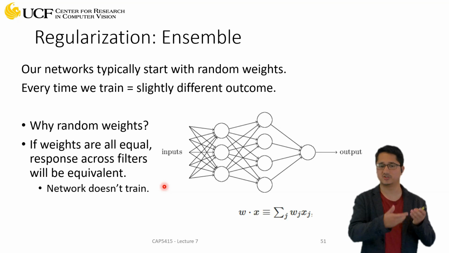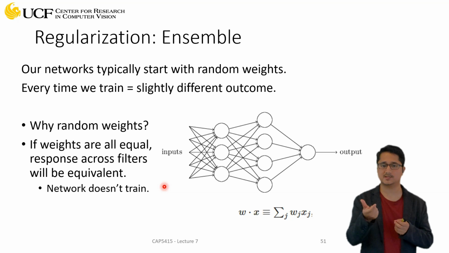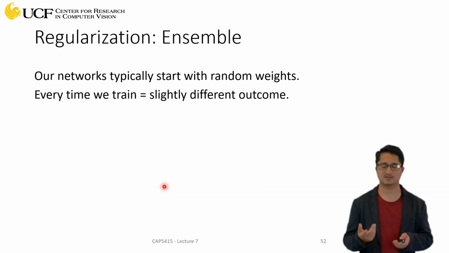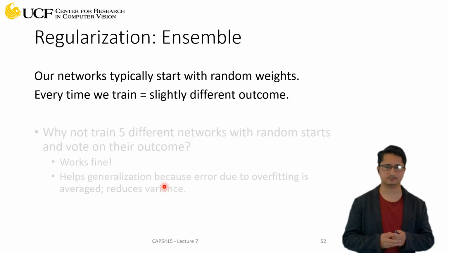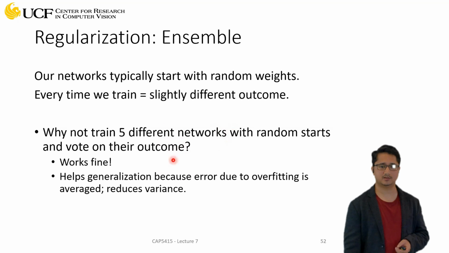Because the initial values were the same, the outputs were the same, nothing will be different, and the gradient will not change. The gradient will be the same for all the weights, and when you make the update, again, the values will be the same. So the network will not train at all. That's just a small point. So, as I said, you don't just train one model, you can train multiple models and combine those scores together. That helps you avoid overfitting, and it also improves the performance.